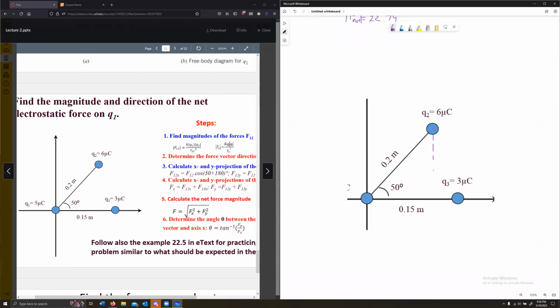So this right here is a 90-degree angle, meaning that this is also a 90-degree angle. And then this is gonna be 40, and this is gonna be 30. Oh, this is a 50, this is a 50, right? So what we need to do is,